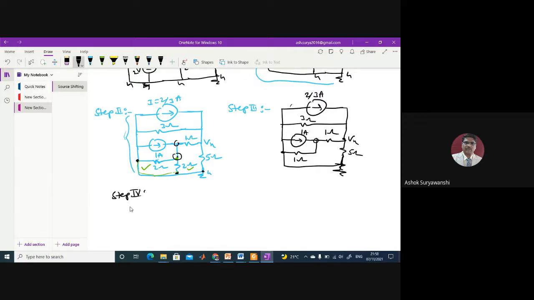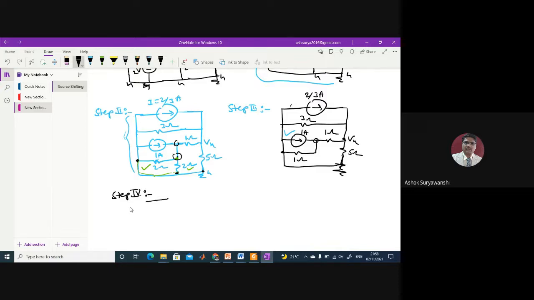Step 4. So what is step 4 now? Step 4 is you can transform this 1 ampere source into an equivalent voltage source. So let us see why to do that. Because you have to understand that once you transform this 1 ampere current source into an equivalent voltage source, this 1 ohm will come in series, and then there will be a voltage source and resistance, then again transform to current source, then 2 resistances will come in parallel and 2 current sources will come in parallel, and you can simplify. So that is the thing which you have to understand.